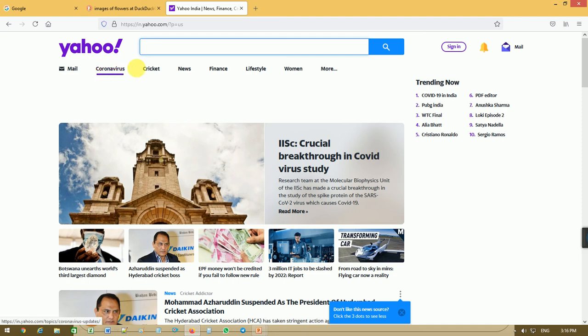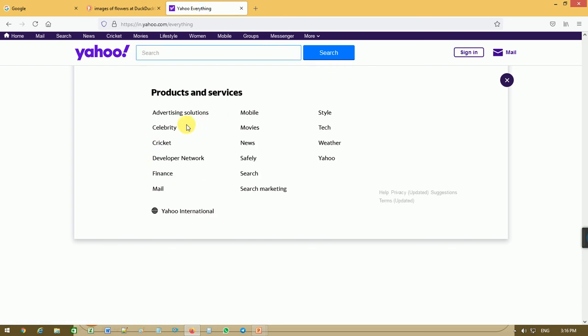See, here you can see the vertical results: cricket, news, finance, lifestyle, women's. And if you click on More, you will get the different services available from Yahoo. So this is also called a vertical search: mail, search, news, cricket.